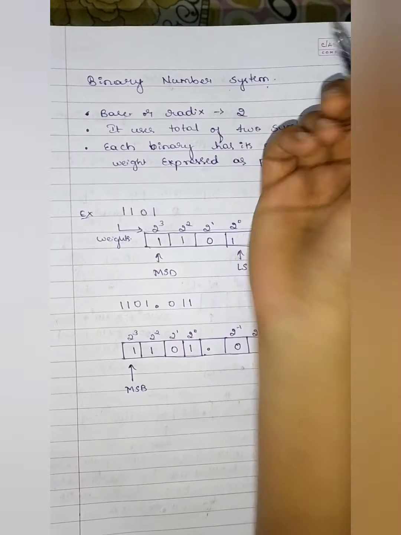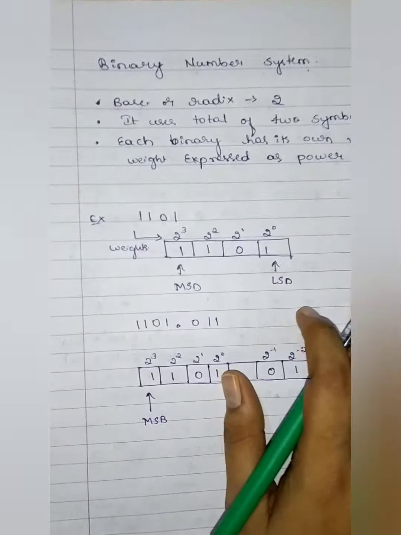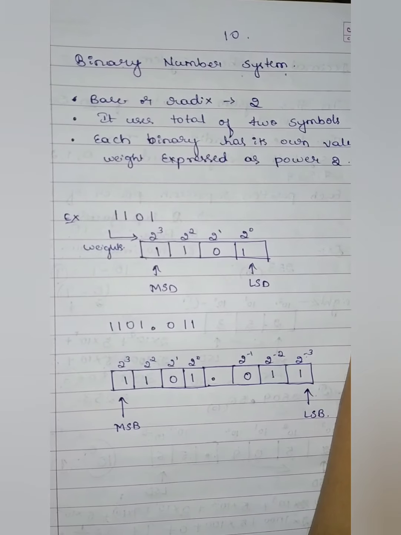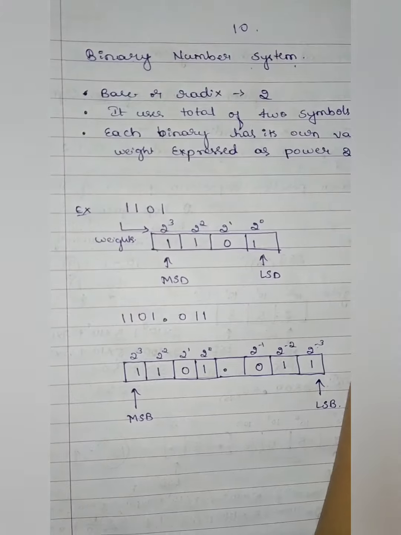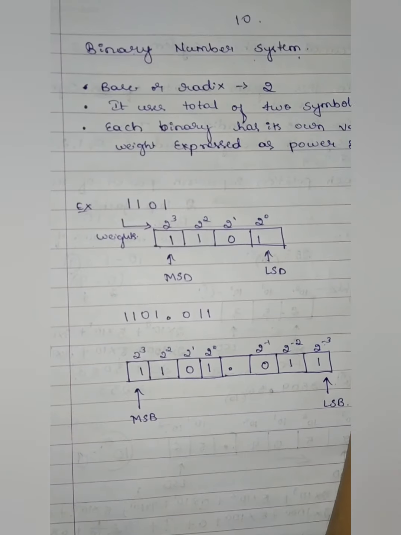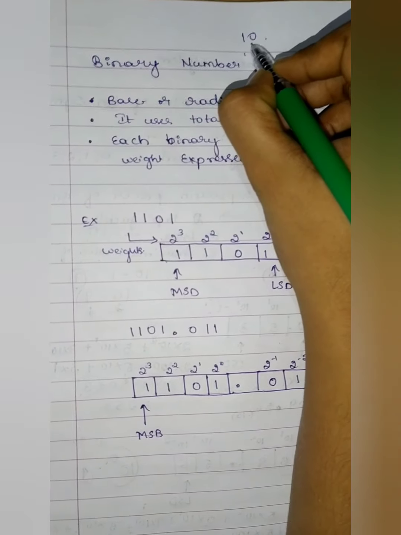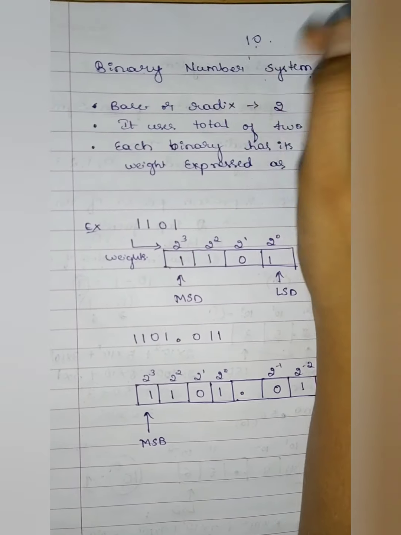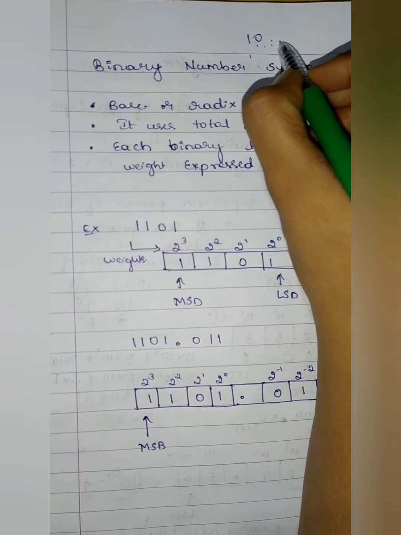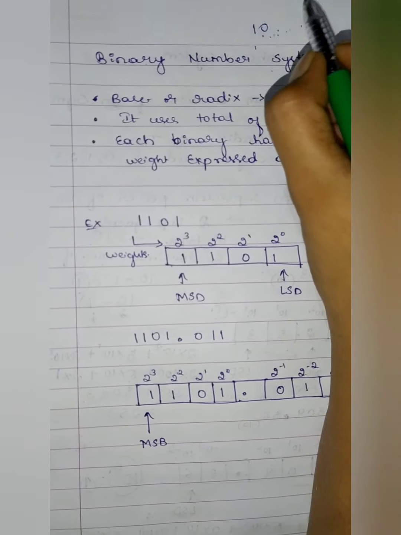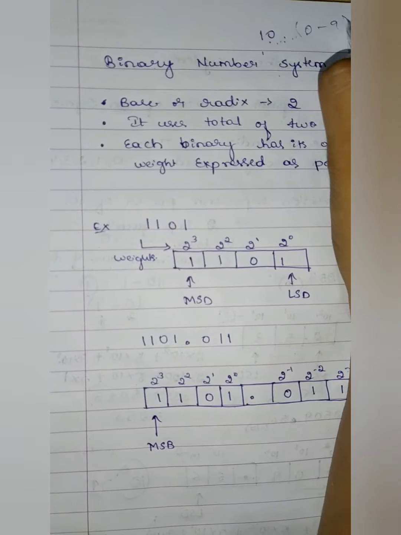If we consider the decimal number system, how many voltage levels are there? 10. As you all know, a computer is an electronic machine that must deal with voltage signals. So if it is the decimal system, then it must work with 10 different voltage signals or voltage levels, right? That is from 0 to 9.